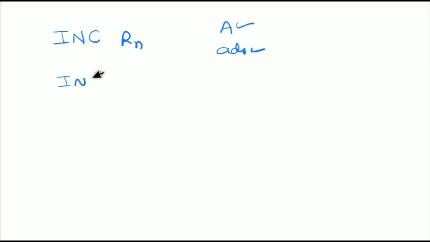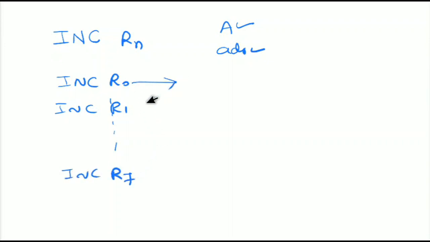That means you can have R0, R1 and so on, up to INC R7. So that means you have different kinds of operation, and for each operation you will have a different opcode. In that way, INC R0 has 08H, this one is 09H, and so on. R7 will have 0FH,